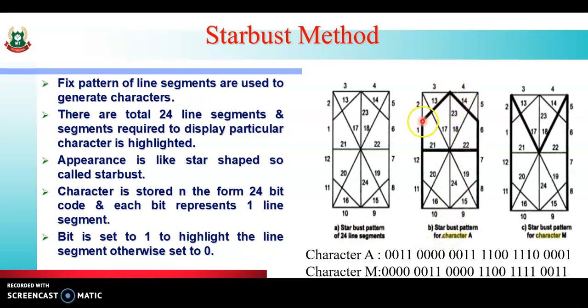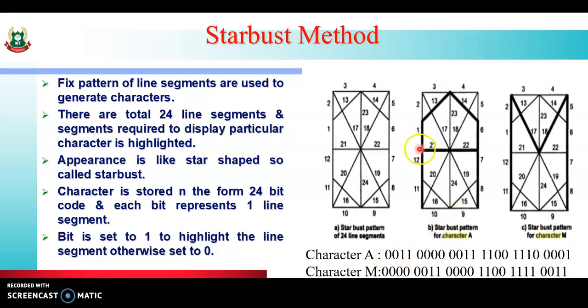So see here, character A is represented here, and for generating character A, we have taken this 24-bit code. Code always starts from the right side and goes towards the left side, meaning this is the first bit and this is the 24th bit.